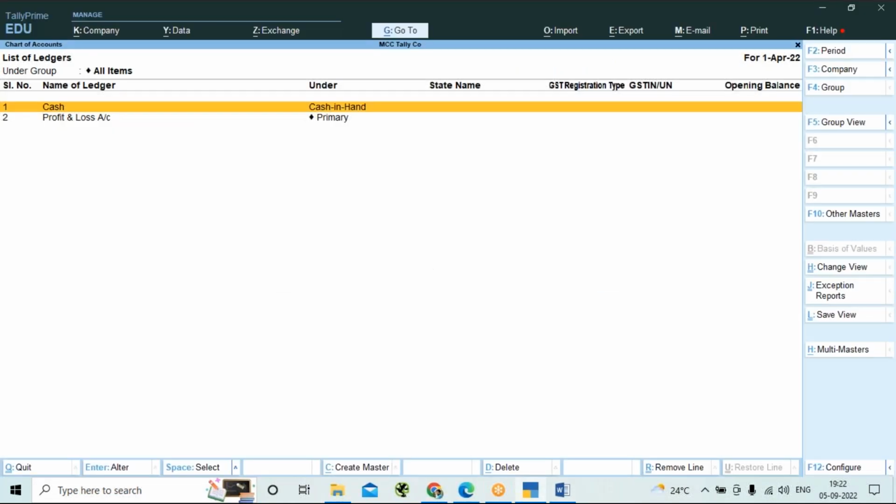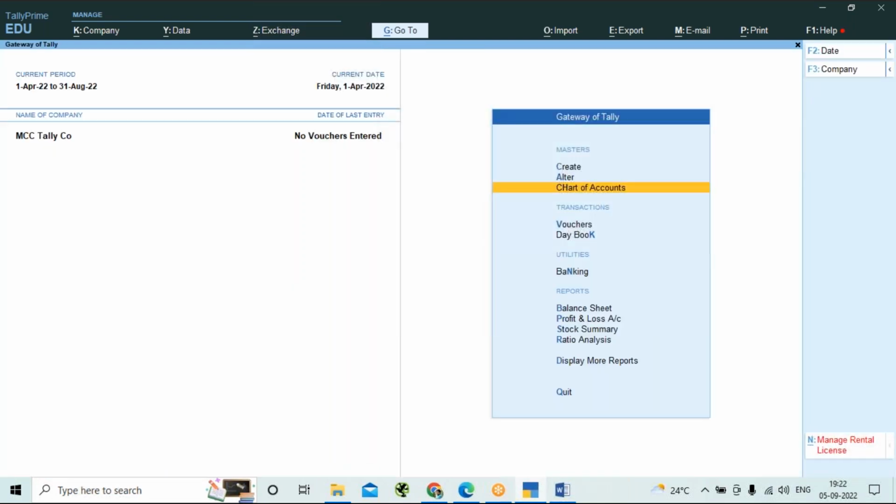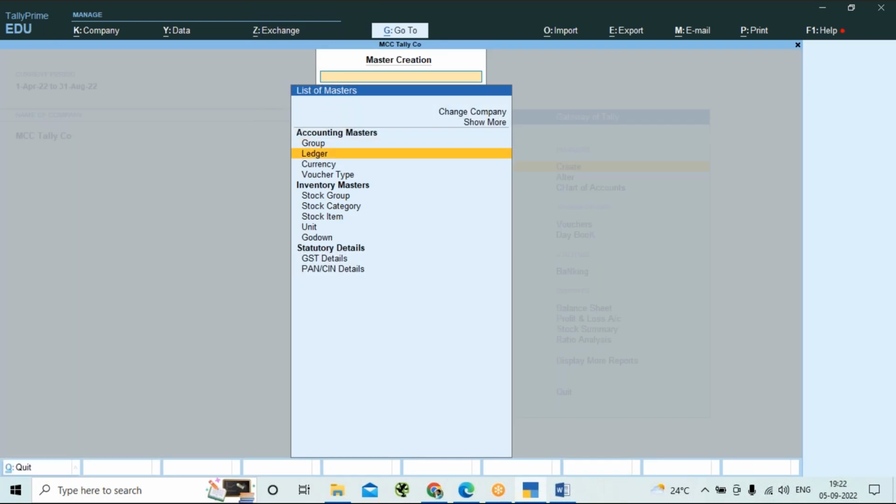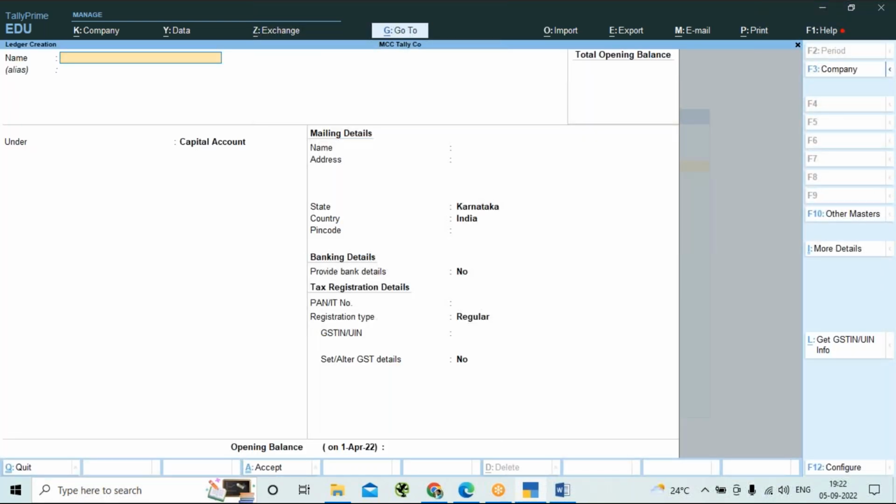So let me see what the ledgers are. There were two ledgers: one was the cash account and the other the capital account. Since the cash account is already created, suppose any ledger, let me come to the Gateway of Tally, choose Create, then Ledger. If I try to create a new ledger,